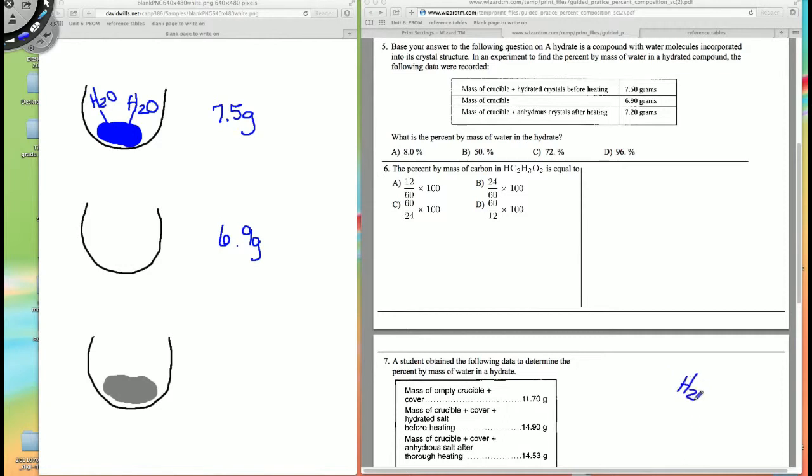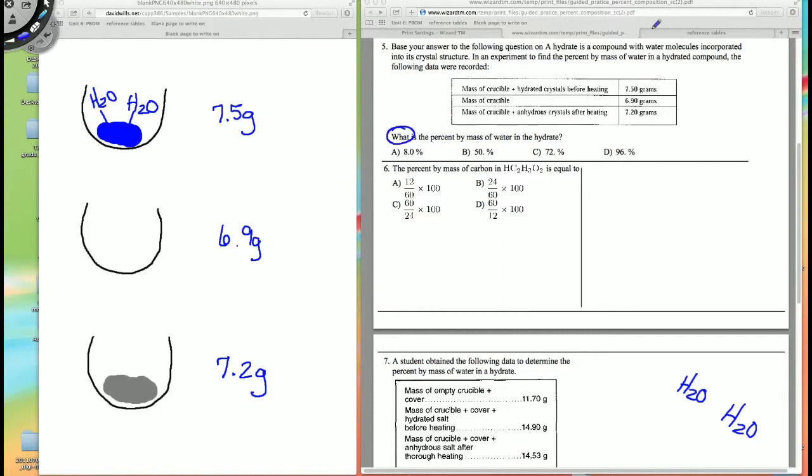The water molecules are down here. They evaporated into the atmosphere, those water molecules that were attached. So right now I have the bowl and the anhydrous crystal, and they told us that that thing weighed 7.2 grams. Okay, we want to figure out what the, here's my question word, what is the percent by mass of